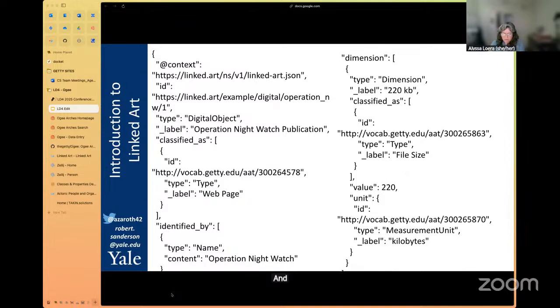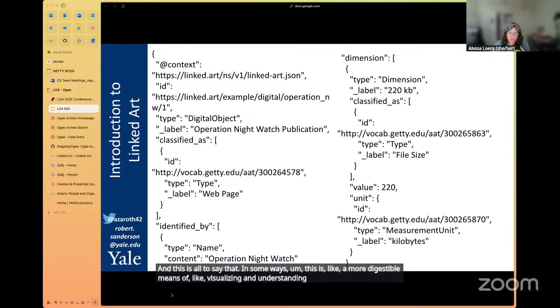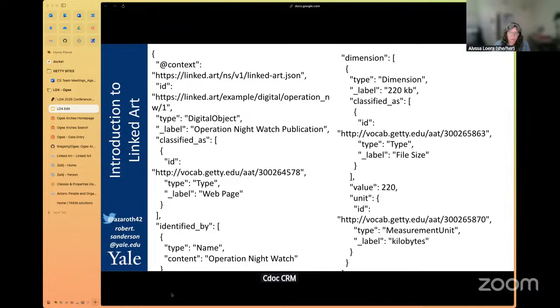And this is all to say that in some ways, this is a more digestible means of visualizing and understanding CIDOC CRM or just how to go about modeling things in the art world. But then we head into what looks like just technical stuff again, right?